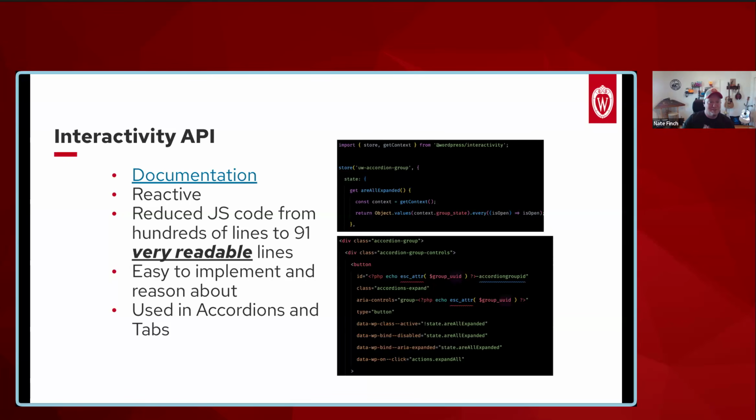Another thing that's been awesome to use and work with has been something called the Interactivity API. There's a link to the documentation here. I talked about this a little bit yesterday, but essentially this Interactivity API is a library that you can pull in and allow the front end to be more reactive. Kind of like React is built with Preact,